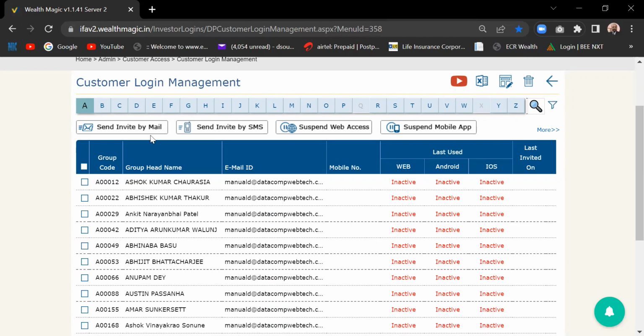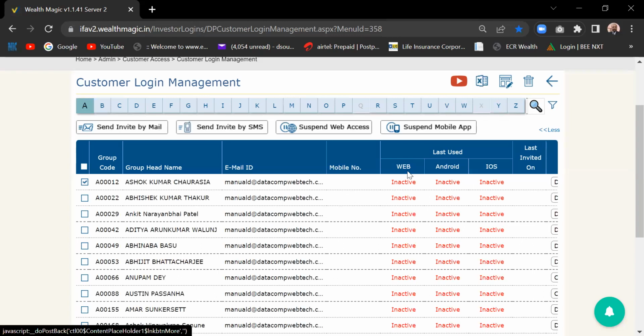So suppose this is your customers list, and these are specific customers that you want to provide login to. I will take Mr. Ashok Kumar Chaurasia, who is my customer. I have created his group code A0012. His email ID is video. So don't go with the data, because the data is totally dummy data, and you can see only my email ID over here. I will see his mobile number, which I have fed into customer master, web and access. Now, once you understand this,